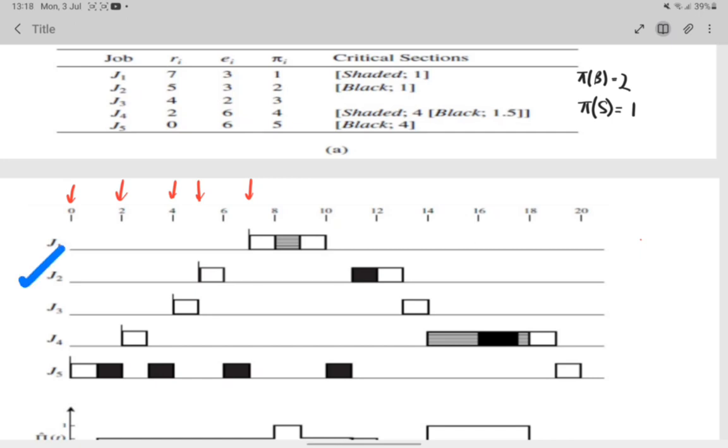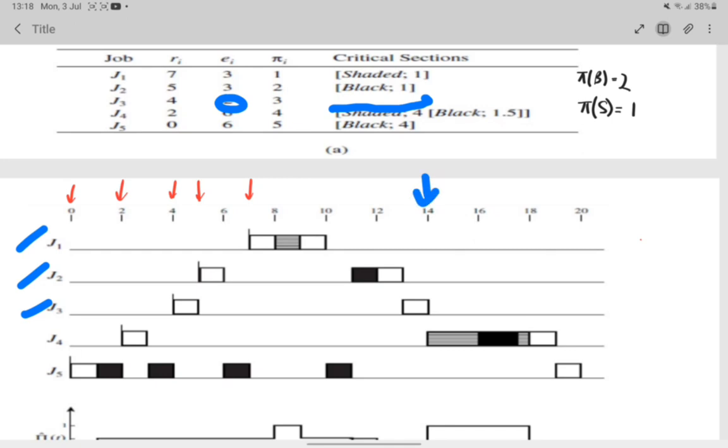it will get executed. So it will access its resource black because now the resource black is free, and then it will continue to execute for another unit since it has an execution time of 3. So now job 2 is already done. We go to job 3. Job 3 has no resource to access, so it will just execute normally. So now job 3 is already done also, and at time 14